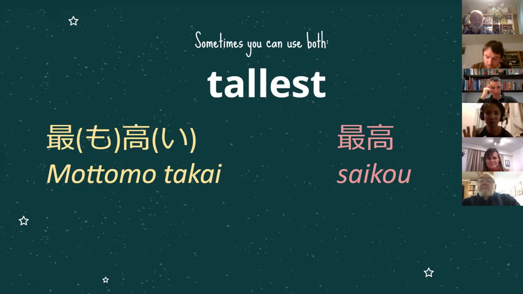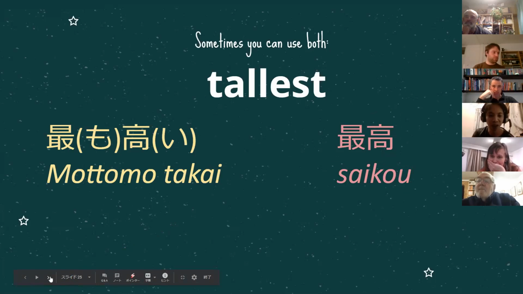And okay, I can tell you this. It's based on my experience. If you are able to use the Chinese reading, then the level of the language goes slightly higher than the Japanese reading. So if I say Mottomo takai, it sounds like a children's language. If I say Saiko, then it sounds like language for grown-ups, for adults. Yeah, so it's like a personal feeling. Maybe, I don't know. I don't know if Andy-san feels the same way.